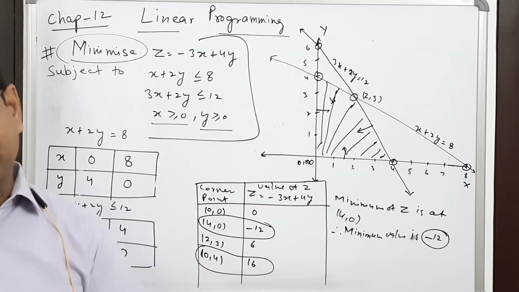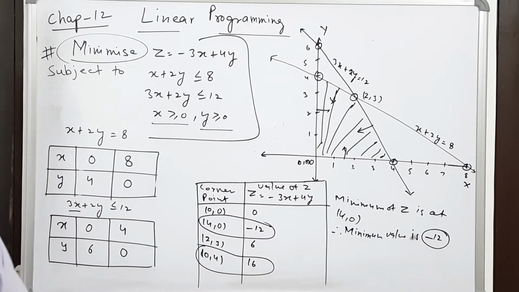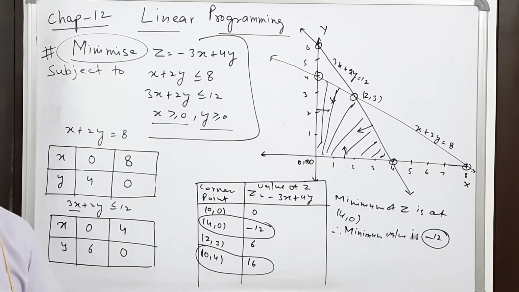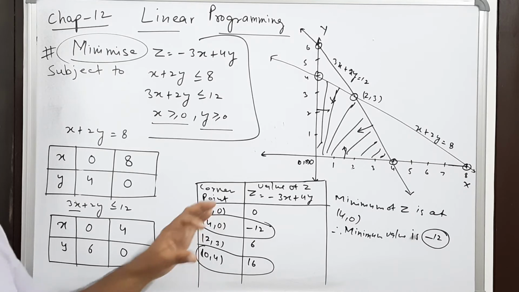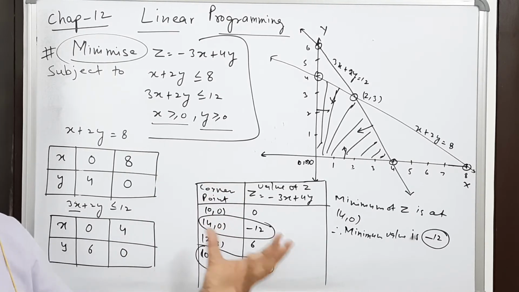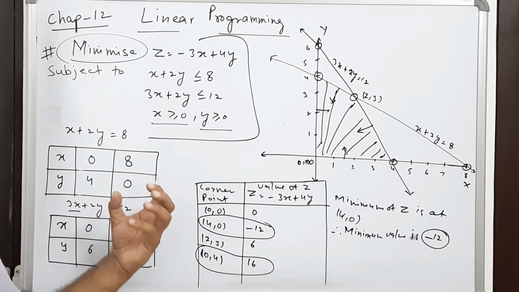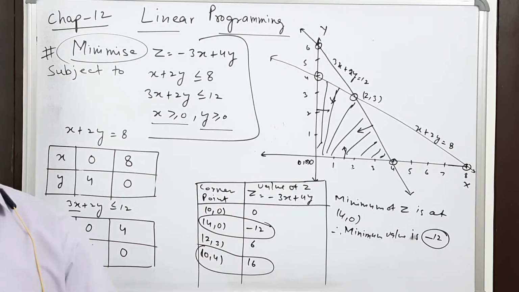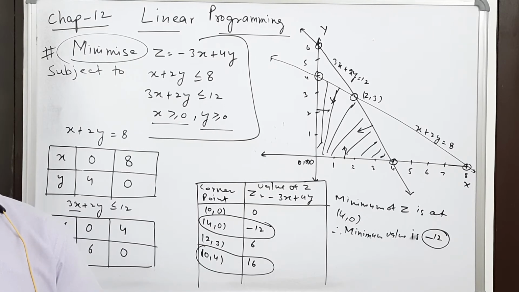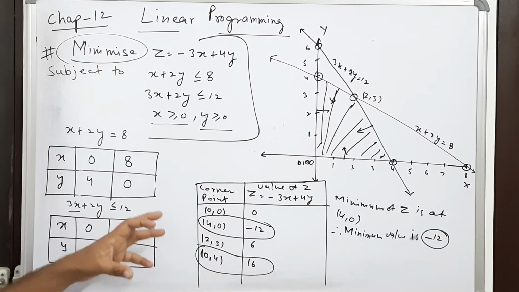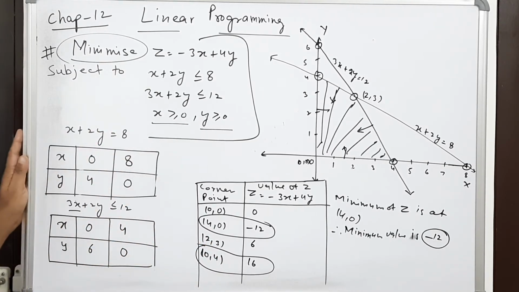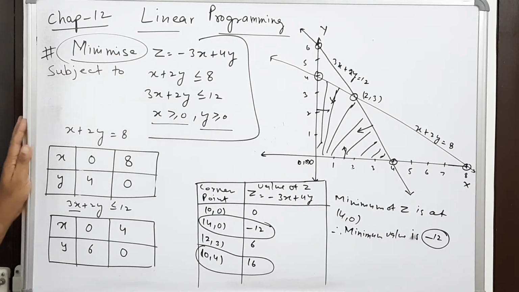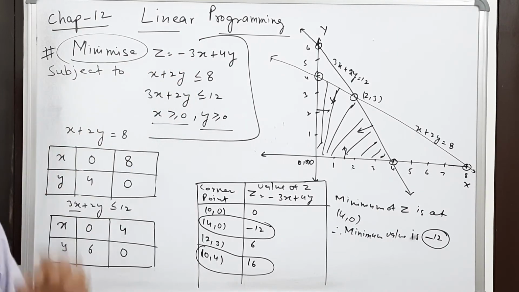Then we will find the value of z. Now the important question arises: what is the role of this linear programming problem in our lifestyle? Why are we studying this? I hope now you all understood how to solve it. The applications of linear programming problems we will study in the second exercise when we take word problems. But today my concern is how to solve a linear programming problem if there are inequations and an objective function. This z is known as the objective function.